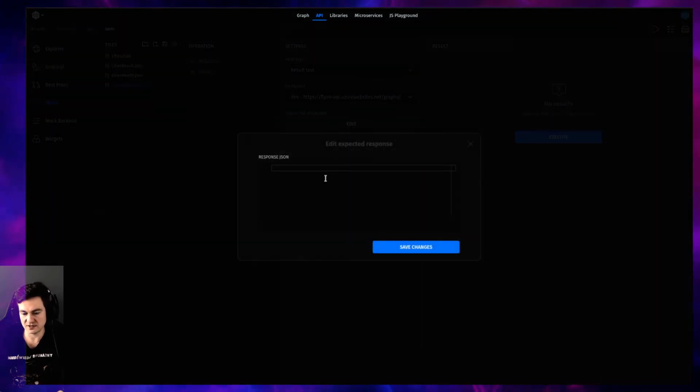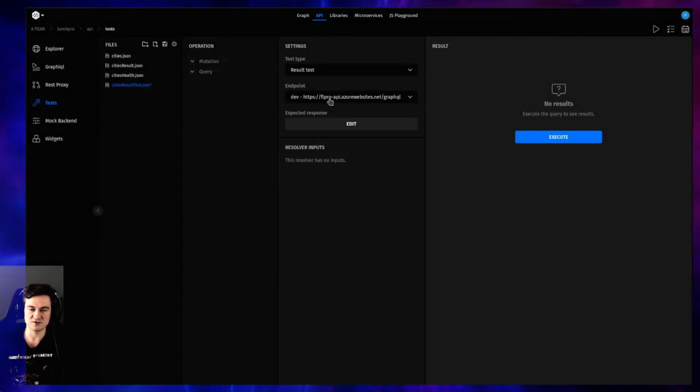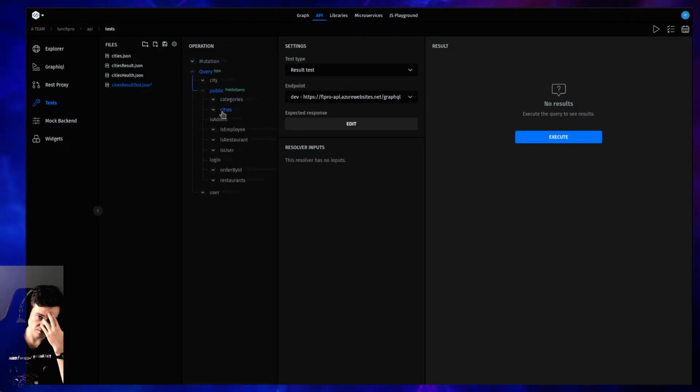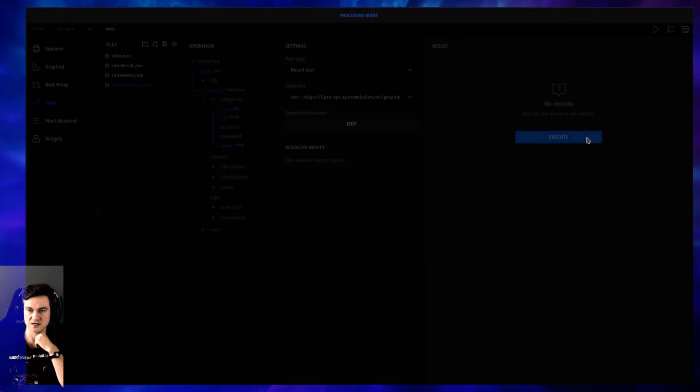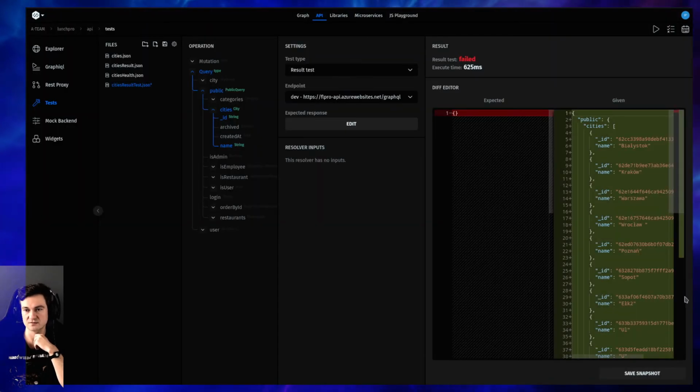And here I can write the expected response. Truth is, I don't remember what the response of this endpoint is. So what to do now? I can show you. I just want names and IDs. I can execute and it will fail.